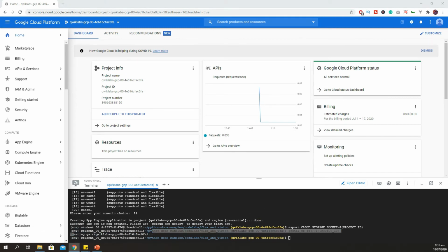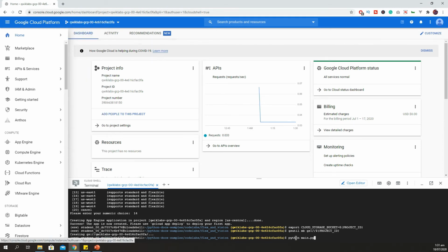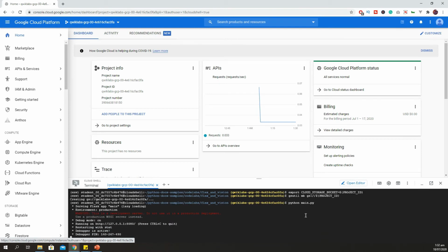So stay with me. Let's perform another task. What we have to do is run our Python script, and test this script in our local server, in our local environment. We have to run python main.py.